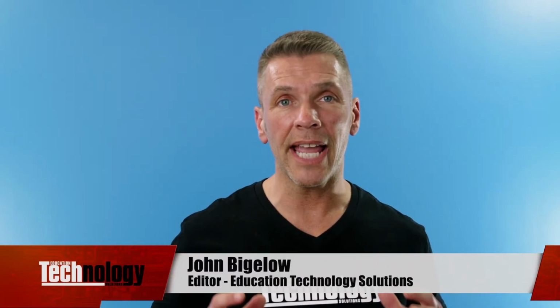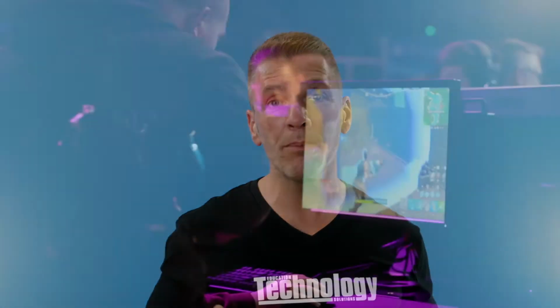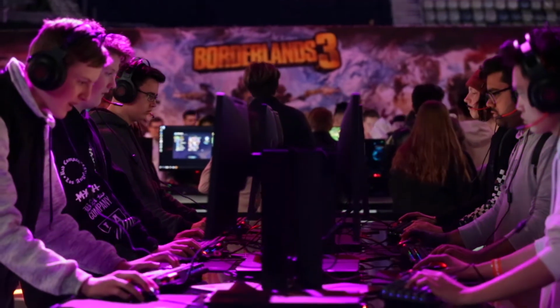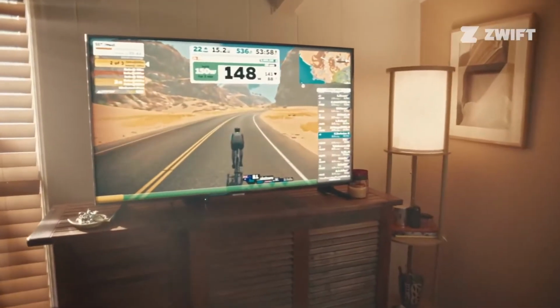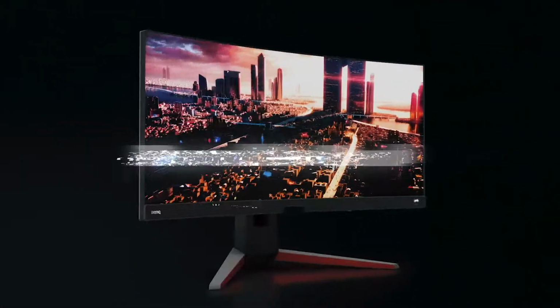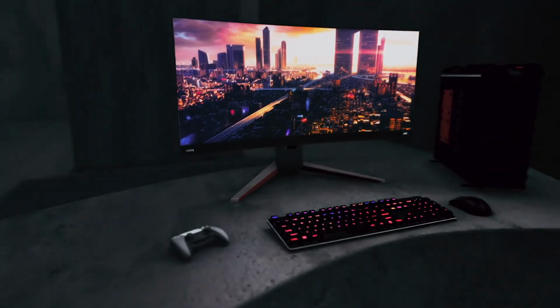As you are no doubt aware, e-gaming is experiencing exponential growth in education. From immersive gaming competitions to interactive real-world simulation using things like the Wahoo Kickr Bike and Zwift to enable athletes to compete and train in virtual competitions. To that end, BenQ, one of the world's leaders in display technology, have just released their new MOBIUZ range of